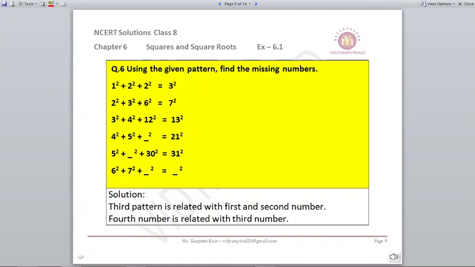And we know 4 5s is 20. So it is already 20 square. Let's look at the last one. 6 7s are 42. So 42 plus 1, it should come 43.